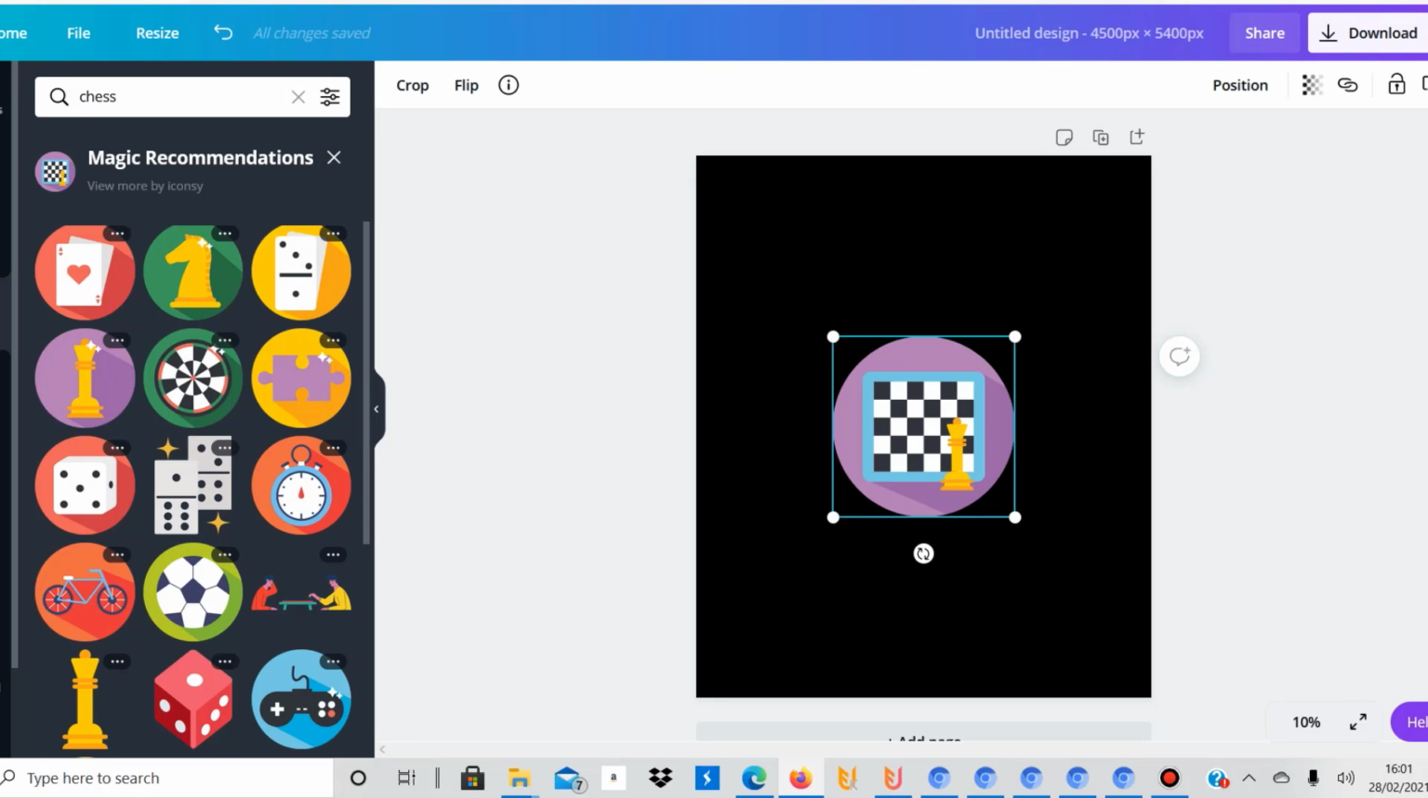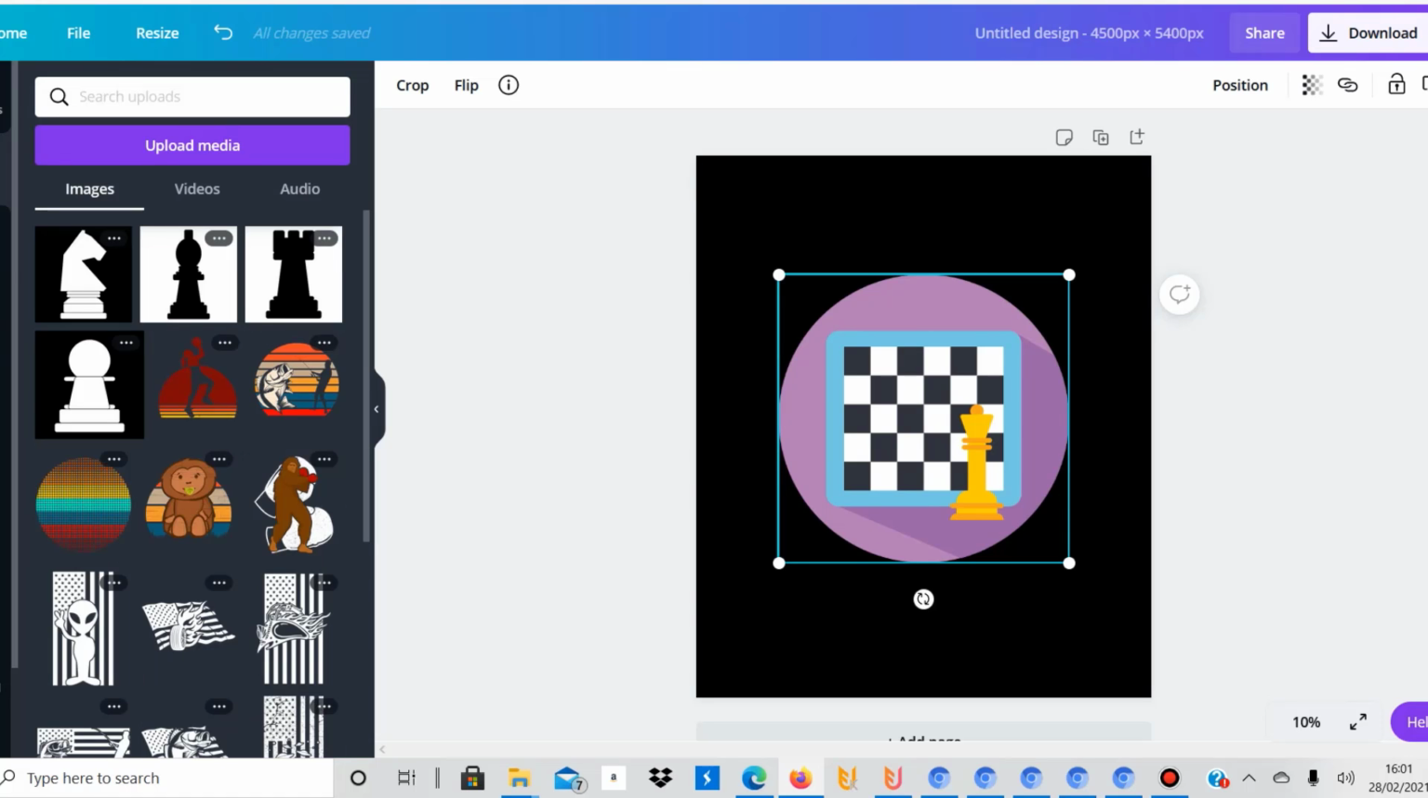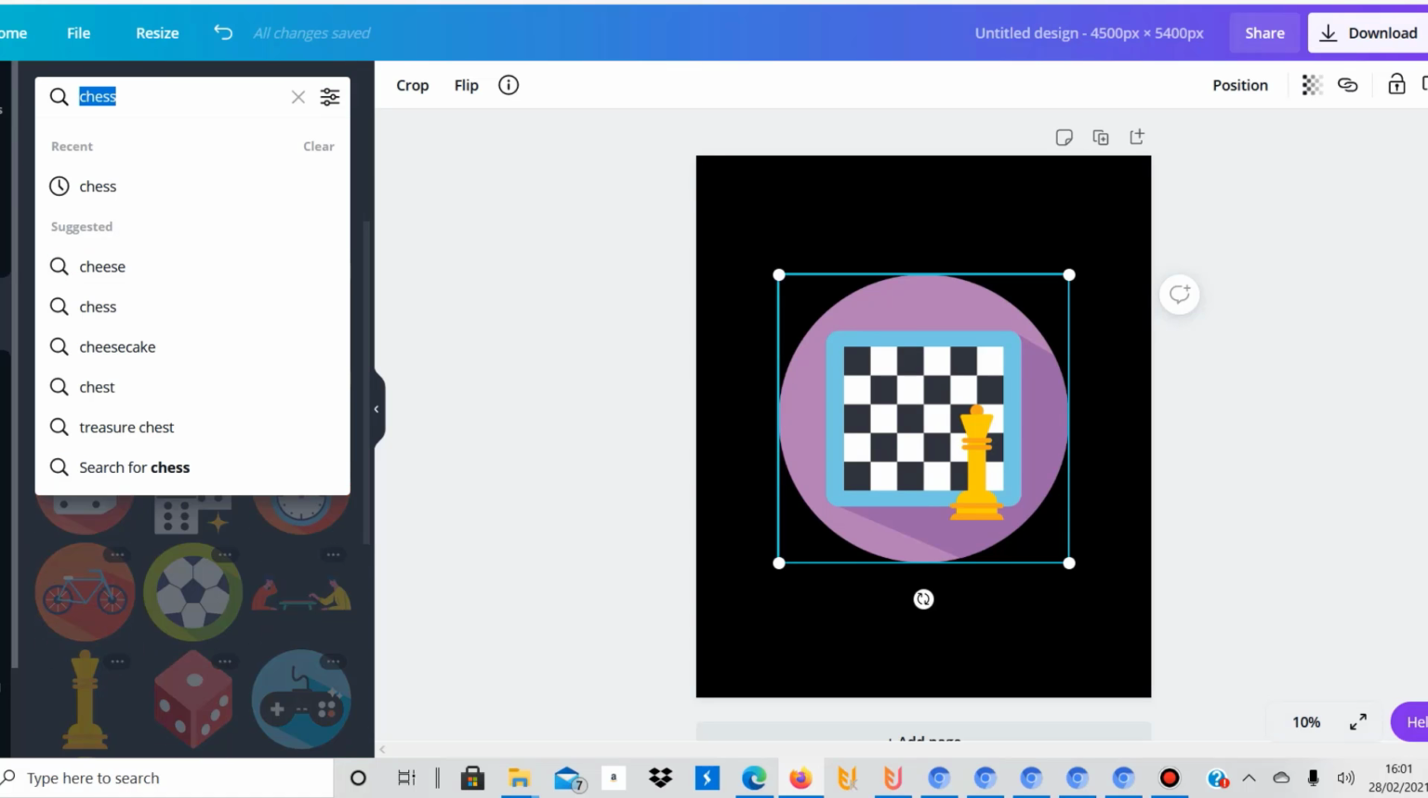All right. So this obviously is a design which shows just a chessboard. And it's a free image anyway. What you need to know is that on some of the images you can change the color. On this one, unfortunately, you can't. So maybe just to show you how it works, I'll have a little look for something else. So you could look for